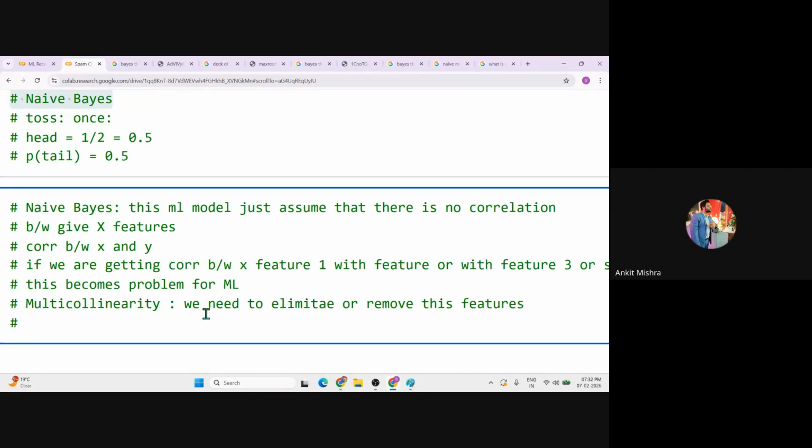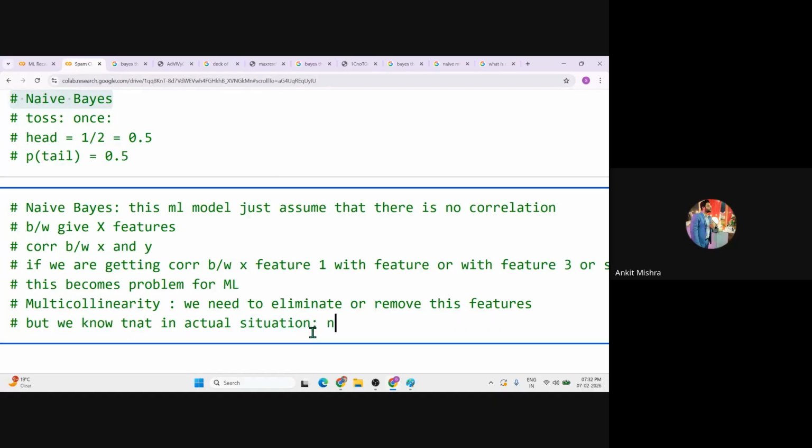But we know that in an actual situation, we cannot eliminate one. We might get a correlation between X feature 1 and X feature 2, right?